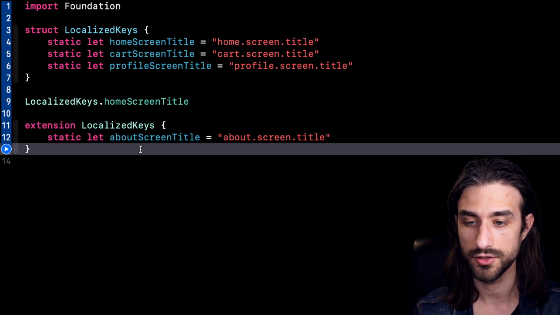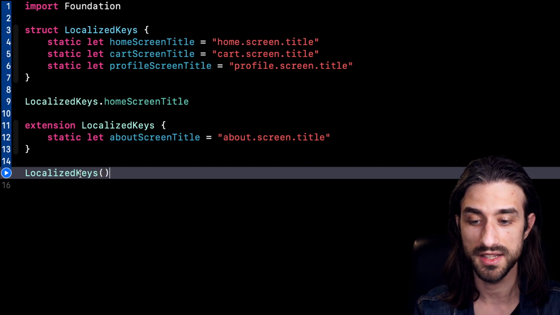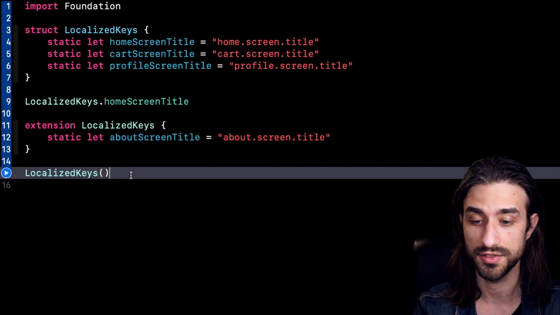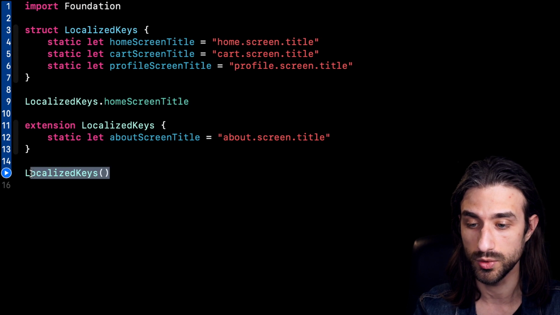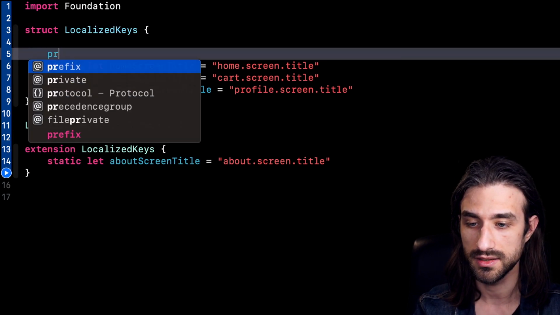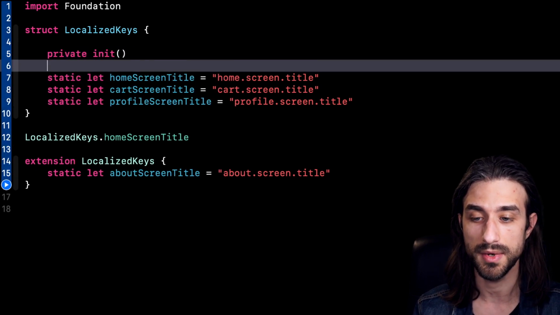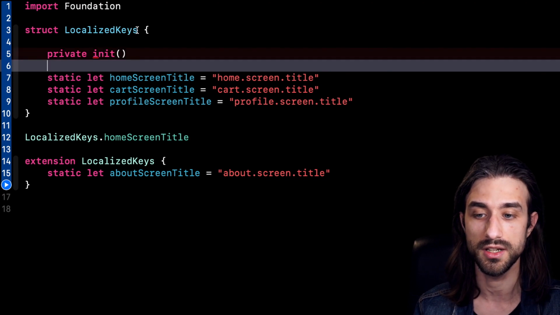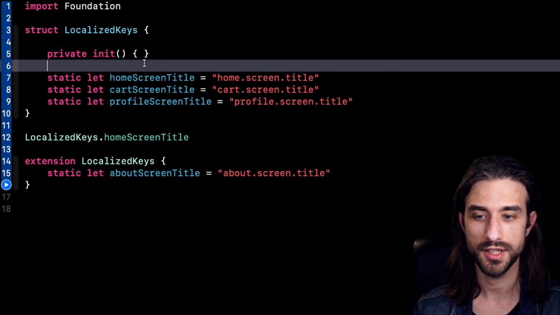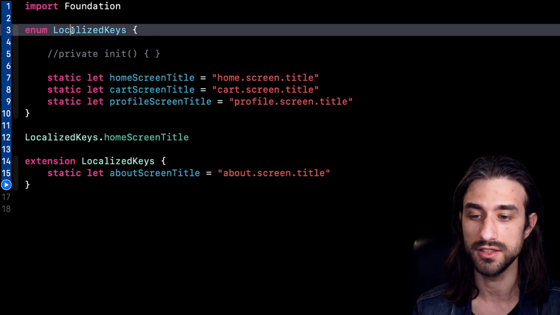Now, if you have some experience with Swift, you might be thinking that we can still instantiate the type LocalizedKeys, even though it doesn't make a lot of sense to do it. So indeed, it doesn't make sense. And so what we like to do in these cases is to actually make the init of the type private. This way, no one can instantiate the type, and it really shows that this type is actually only a namespace. And as it turns out, in Swift, there is even a way to do this that is even more idiomatic than using a private init, which is to actually take this struct and turn it into an enum.